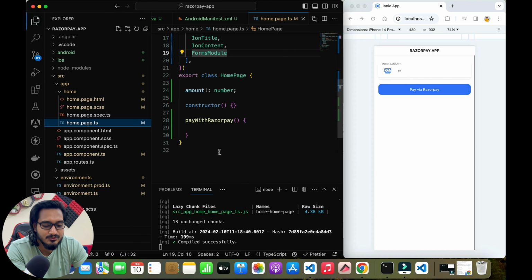We are going to work with ion toast and ion loading here in the HTML part. But at first, let me just fix this. So this dot loader, I'll set it to true here. Okay, and in fact set it to false also, and between these two I'm going to have my functionality. Now I need this to function at first, so let's create that functionality. So here I'm going to have two more properties. One is isLoading set to false initially, and a toast object